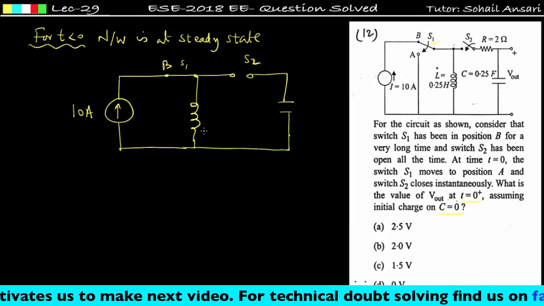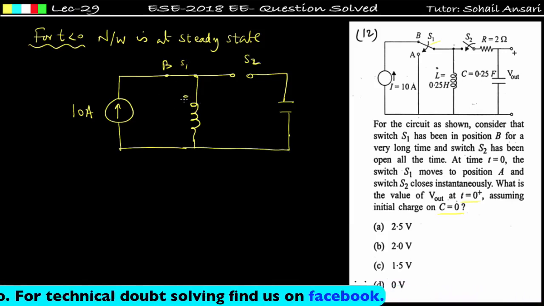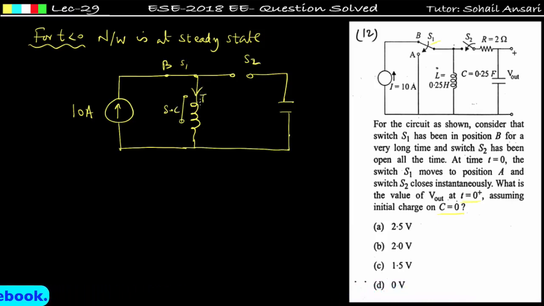Now for t less than 0, this network is at a steady state, therefore this inductor can be replaced by short circuit. The concept has been discussed in the transient lecture. So you can easily find IL of 0 minus. IL of 0 minus is nothing but the value of the current source only, because there is only one path. So it will be equal to 10 ampere, and we know that inductor won't allow sudden change in current. So IL of 0 minus must be equal to